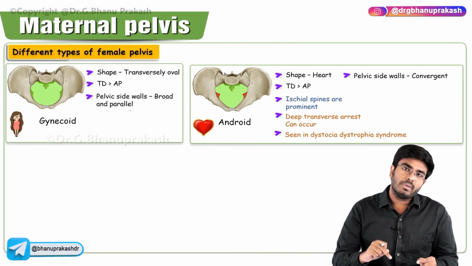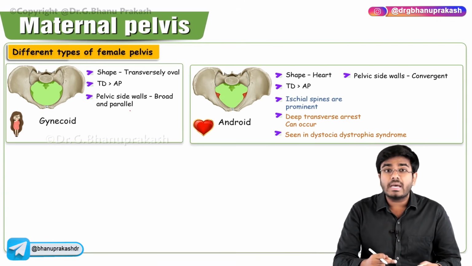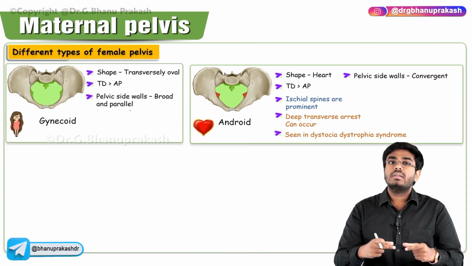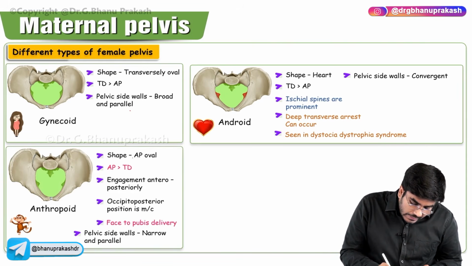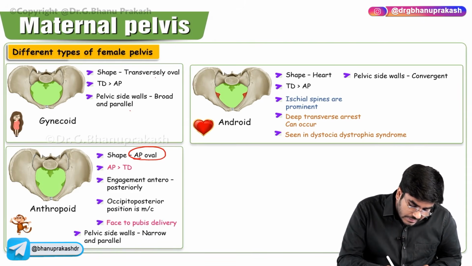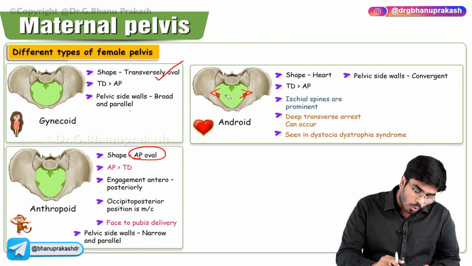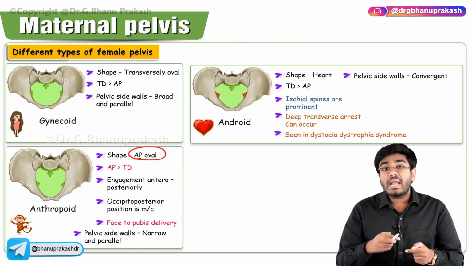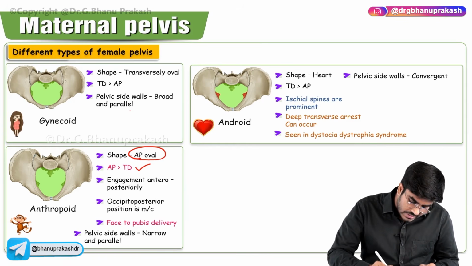But anthropoid pelvis is the only pelvis where anteroposterior diameters of inlet are greater than the transverse diameters. Very important point. It is anteroposteriorly oval. In gynecoid pelvis, it is transversely oval, and in android it is also transversely oval, which means the transverse diameters are greater